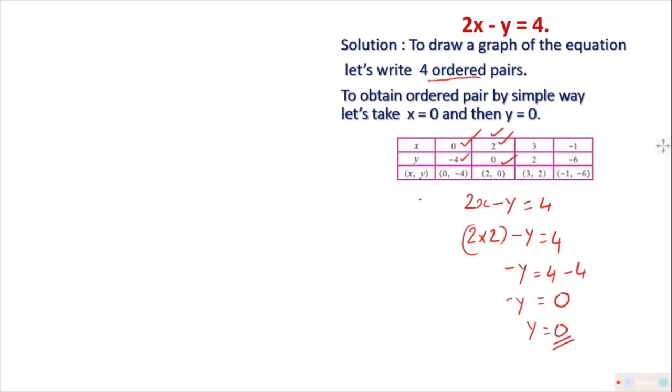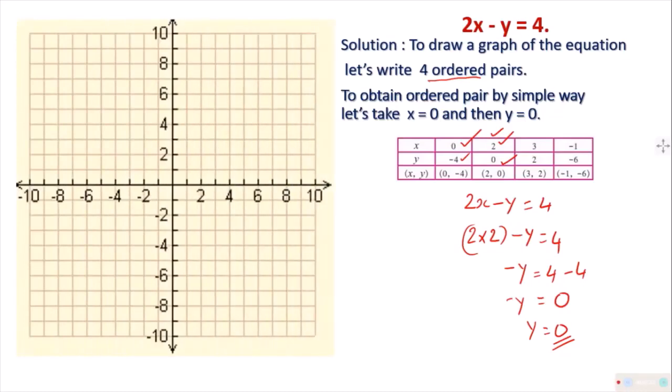Okay, so in that way you will complete the ordered pairs which are required for drawing the graph. Understood? This is the first thing you will be doing. Then you will take the graph paper. I don't know whether you have a graph paper with you. You may go to the market and get it, or for the time being you will make a simple x and y axis on the paper, and will make this.